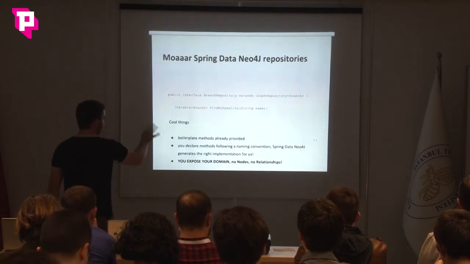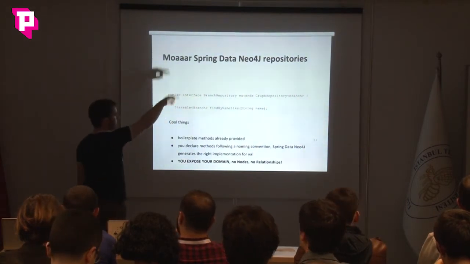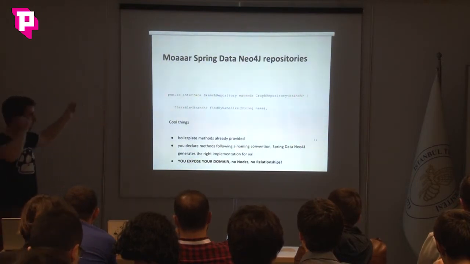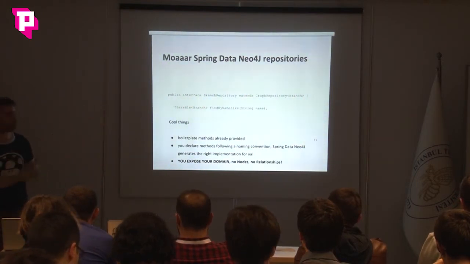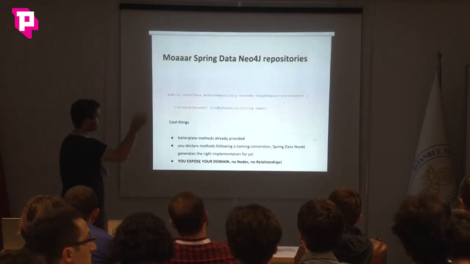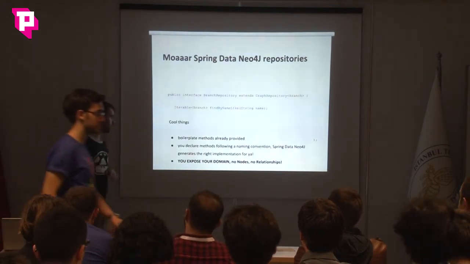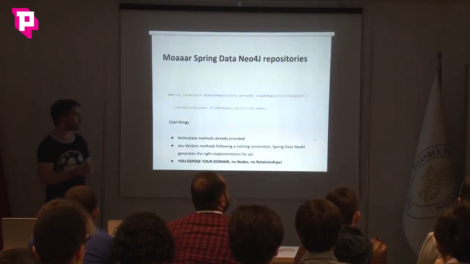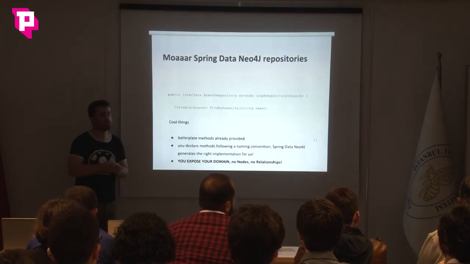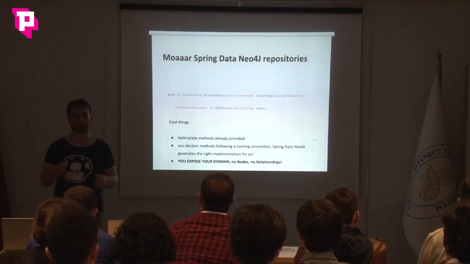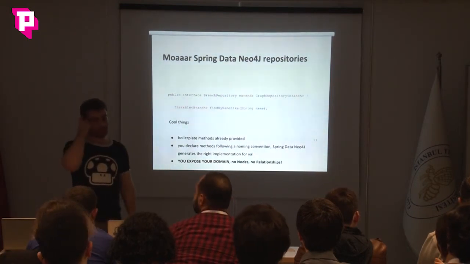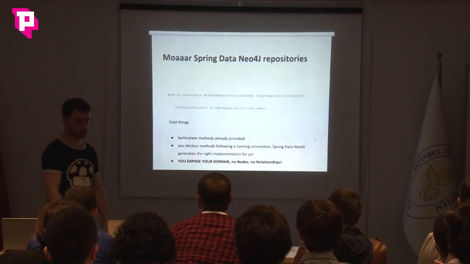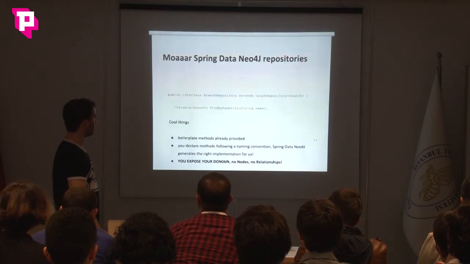And yeah, I won't detail too much about inheritance here, but there is GraphRepository, PagingAndSortingRepository for pagination facilities, CrudRepository for creation, read, update, deletion, and so on. It's not that important. You just have to follow a naming convention to get the implementation for you. And if you really need to, you can implement it yourself or use a query and you will be done. So 95% of the time you won't need to write any code. Just methods, method names, and that's it.